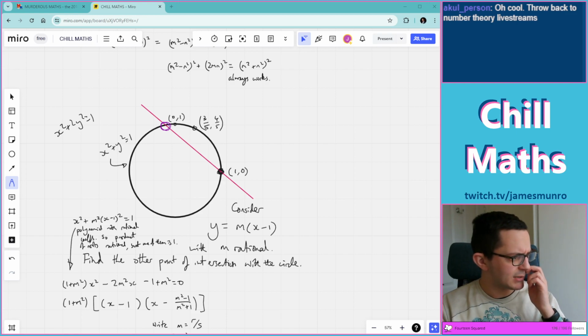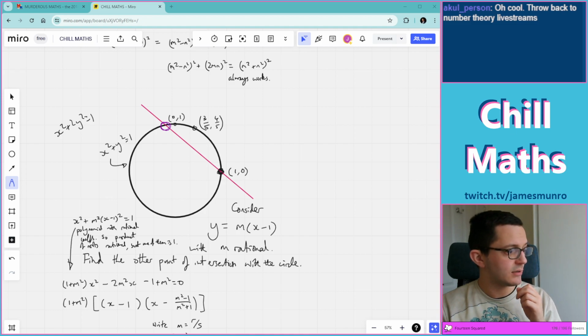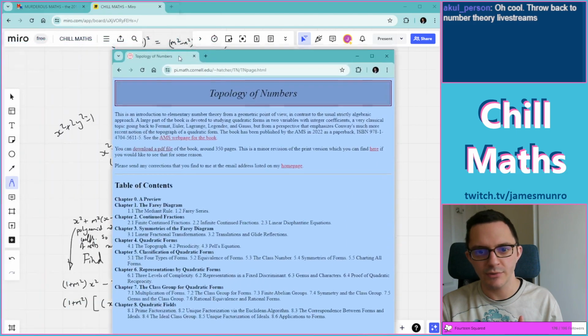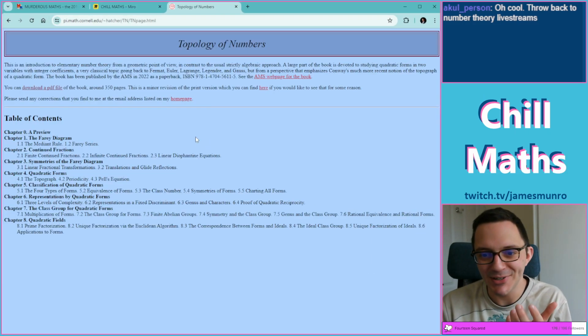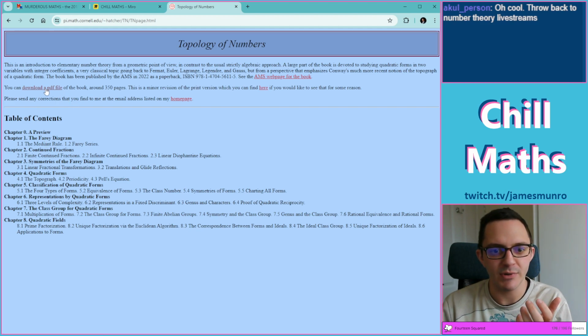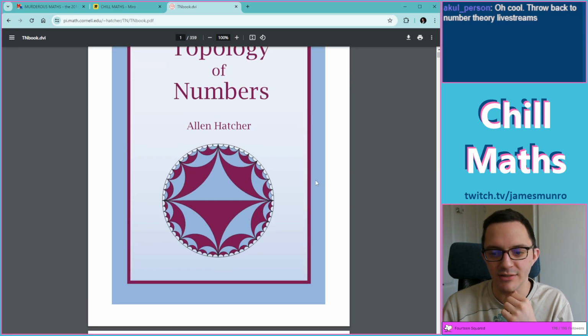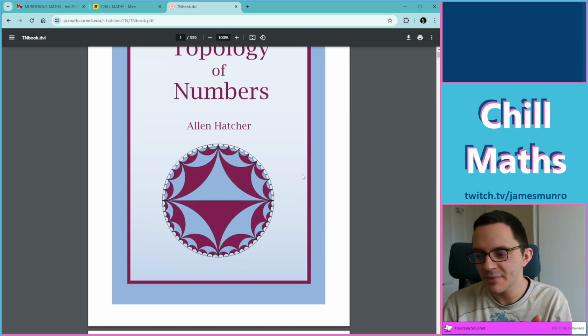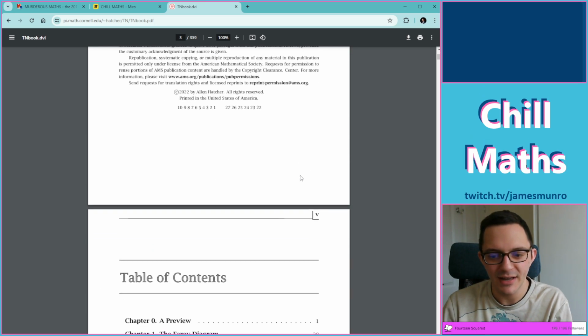The book is pretty good. Let me try and find the website for it. Now I have to find the correct website, because there are many. Okay. It was recommended to me by a graduate student at Oxford who I bumped into. They recommended this book called Topology of Numbers, which is about 350 pages. It has a lot of stuff about continued fractions, and a lot of stuff about number theory. And it starts with